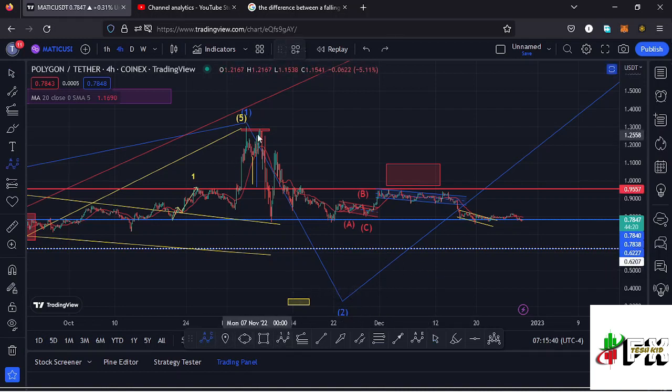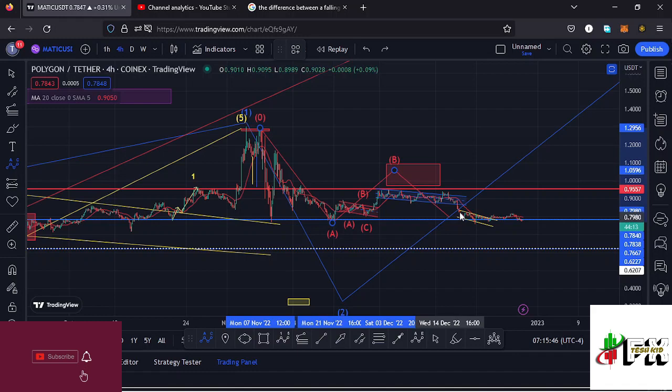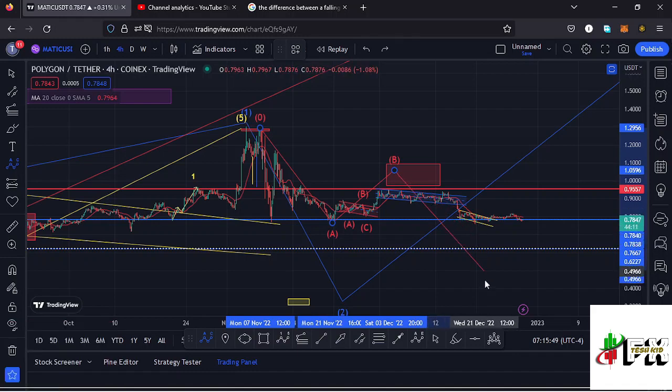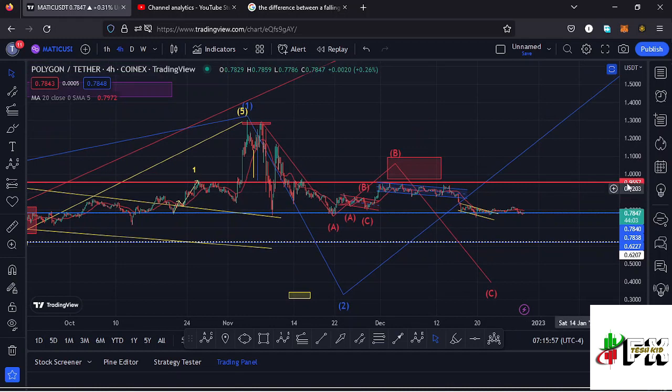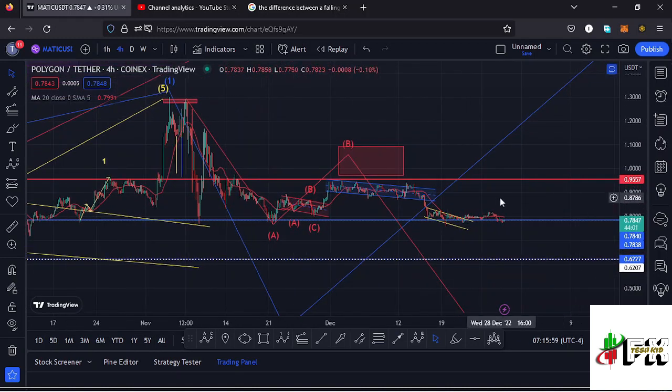And we can have this as a massive wave A to the lower side, then we saw the wave B, then whatever we are seeing right now might be the formation of that wave C to the lower side, which should give us a new low and also complete the formation of this higher Elliot wave count 2 to the lower side. And getting a little bit into the details of the formation of this ABC corrective structure, you can